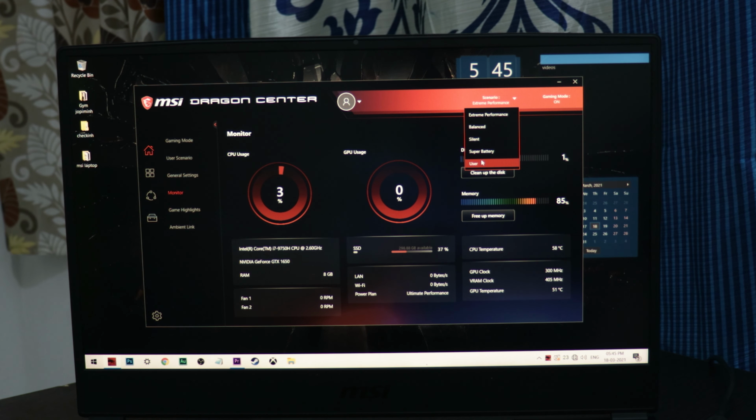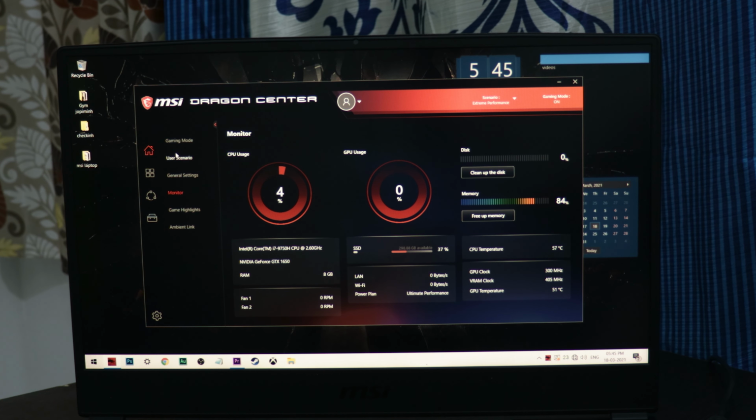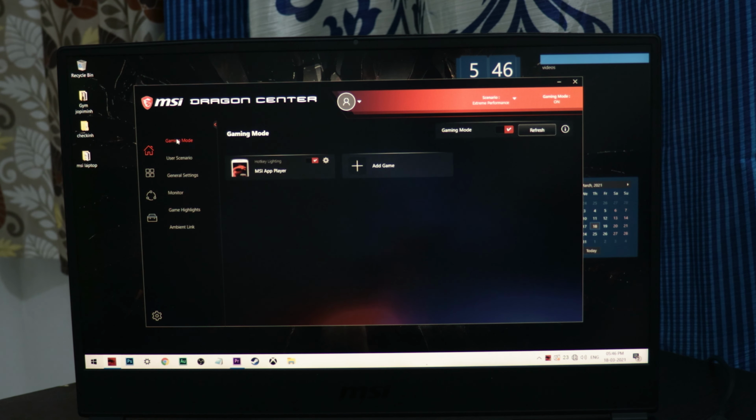Here is how you can customize things in MSI Dragon Center. Here you can see the CPU usage and GPU usage, and also the scenario, where we have 4 different types of scenarios, including one user scenario where you can customize it on your own. And coming to the fan speed, I'm going to show you here.